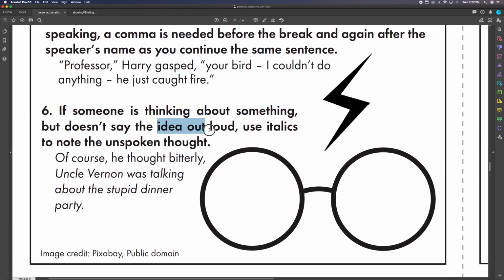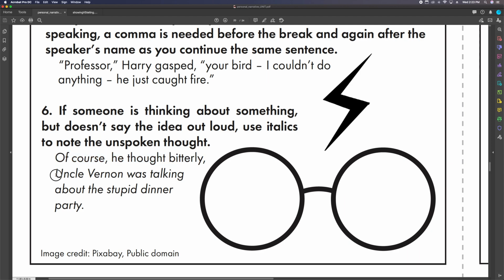Speaking of ideas that are out loud, when you're using unspoken thought or thinking, the general rule is that out loud dialogue goes in quotation marks and that thinking goes in italics. So here's the attributive tag for this piece. He thought bitterly. Of course he thought bitterly.